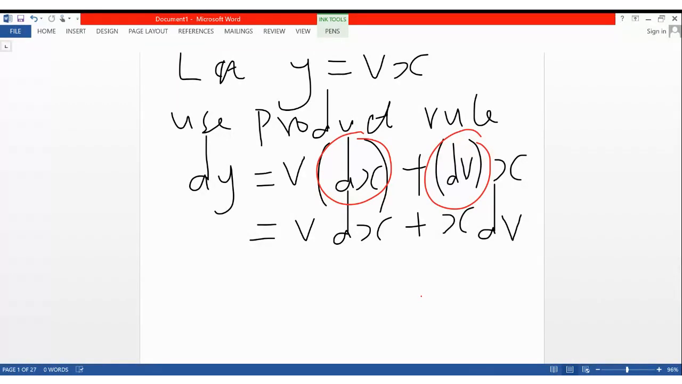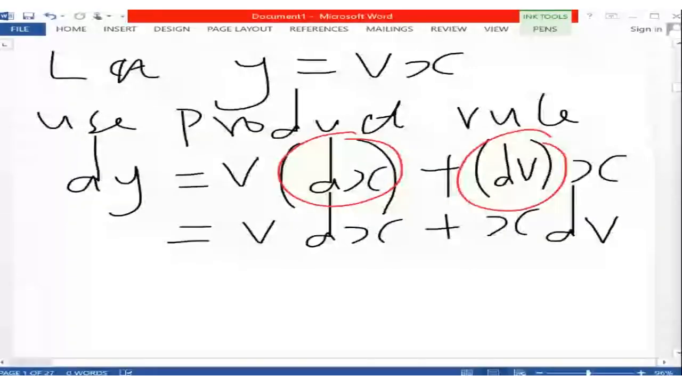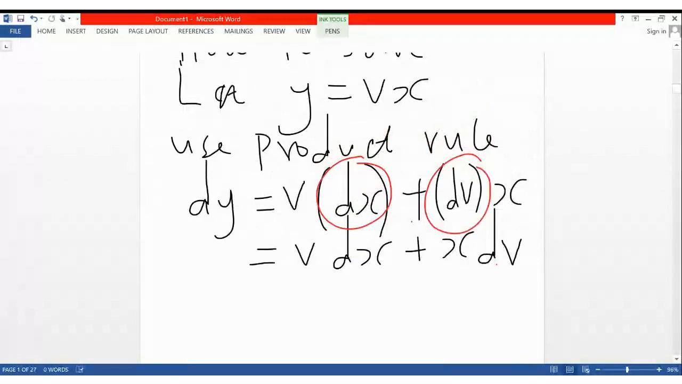So that's the first step we have done, is to introduce the